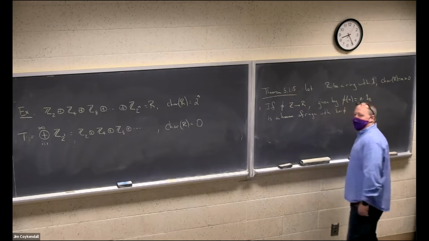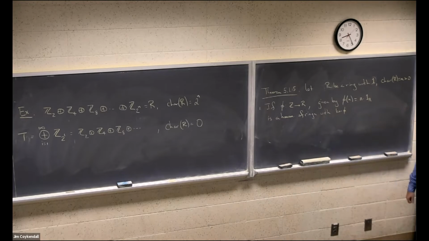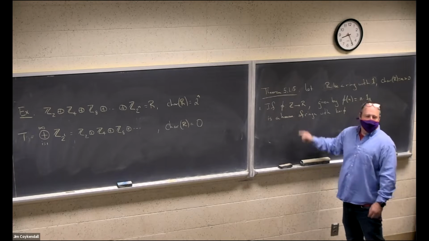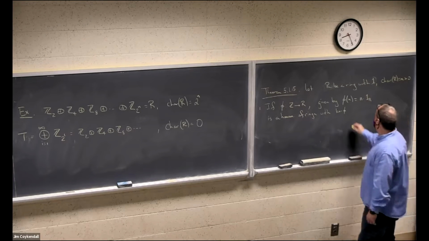Now, I haven't formally defined the kernel yet, but the kernel is exactly what you would think it is. It's the kernel with respect to just thinking about this as a group homomorphism. So the kernel is all the stuff that goes to zero. If I want to guess what the kernel is,